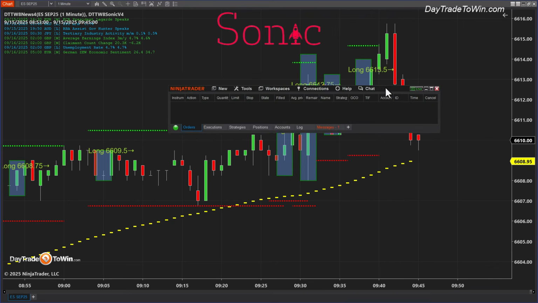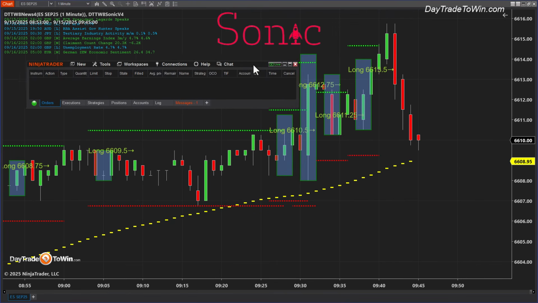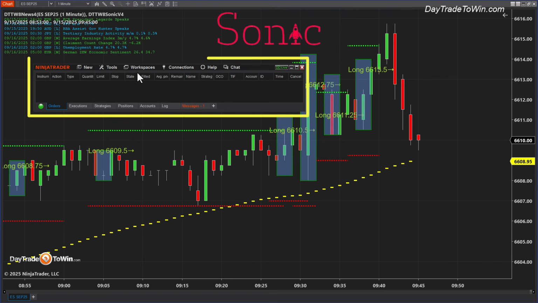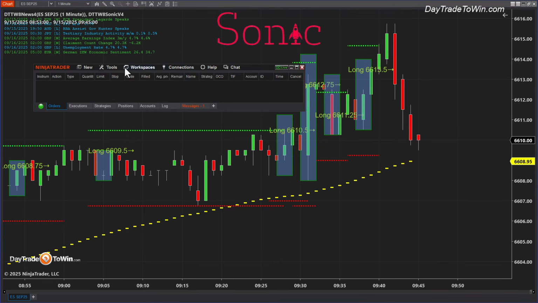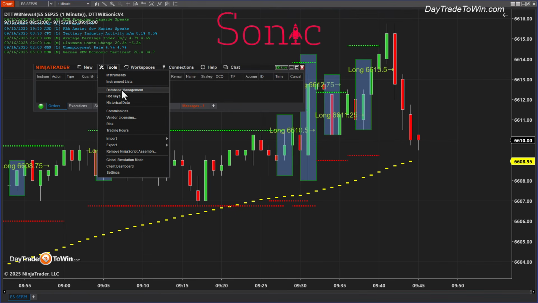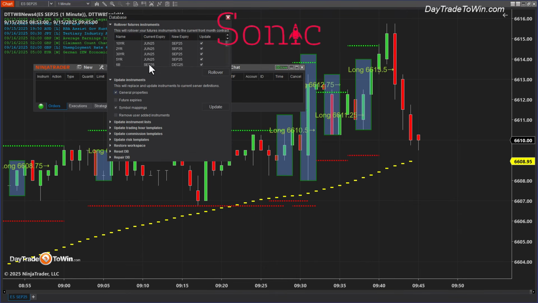So let's bring up our NinjaTrader control panel. This is what we call the brain of NinjaTrader. We have all these settings. We're going to come over here to Tools and Database Management. And when you click on Database Management, you can see that it's indicating that these contracts need to be rolled